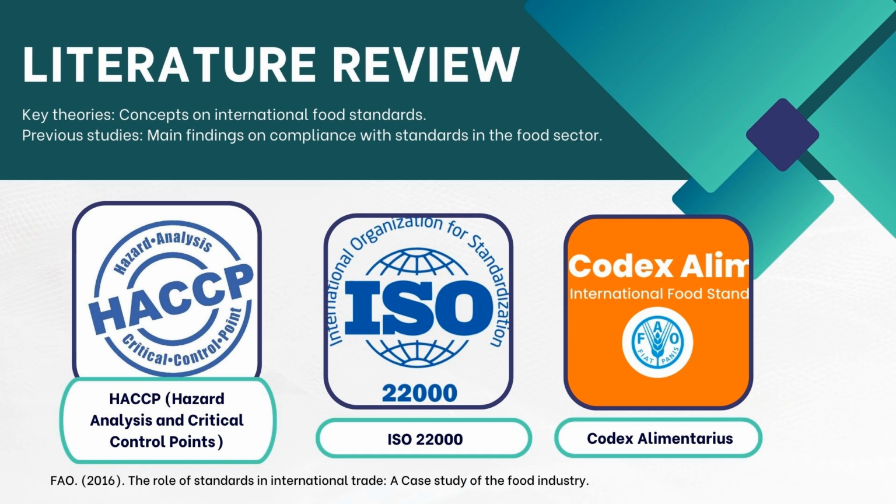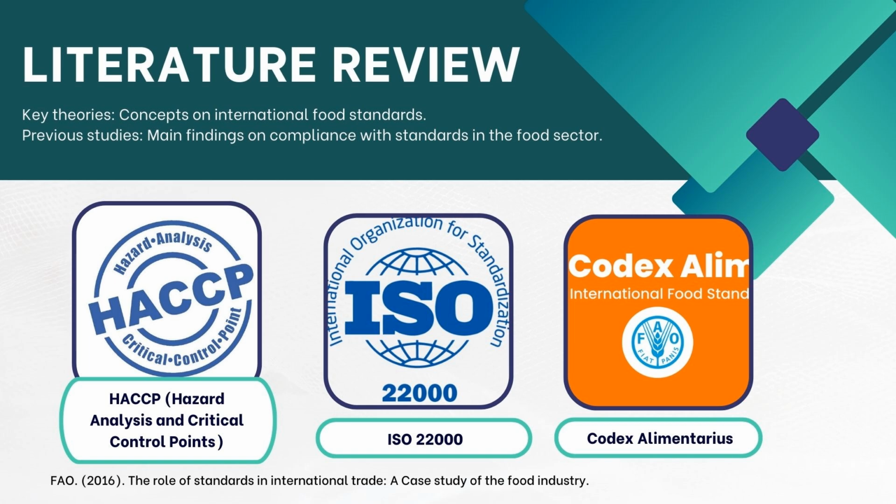HACCP, or Hazard Analysis and Critical Control Point. This mechanism is a preventive system that focuses on the identification and control of hazards that affect food safety. It is based on 7 principles that help companies ensure food safety during production. The importance of this system is that it is considered an international standard in the food industry and is required in many markets to ensure the safety of food products, enabling companies to meet consumer expectations and government regulations.